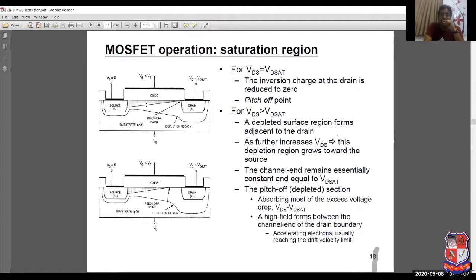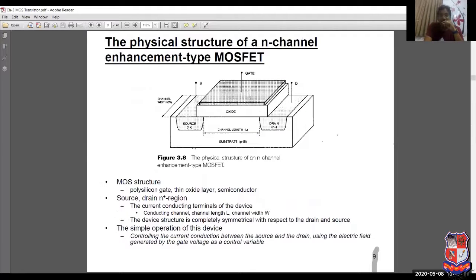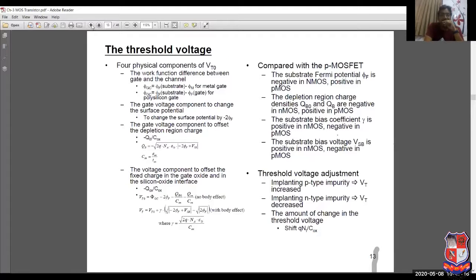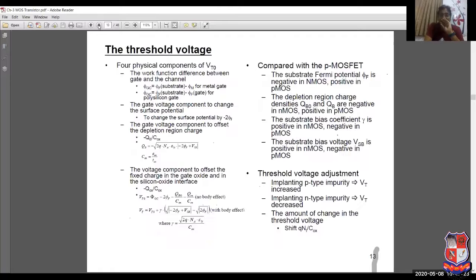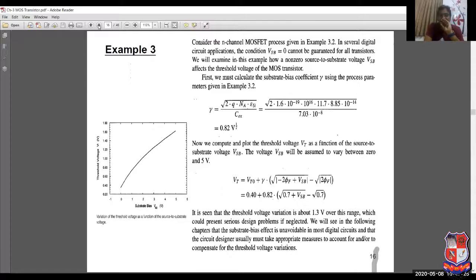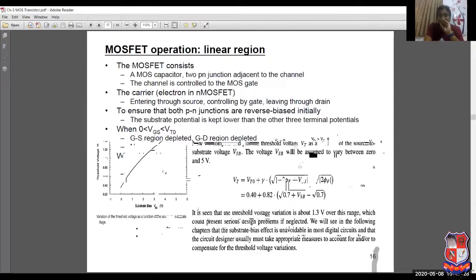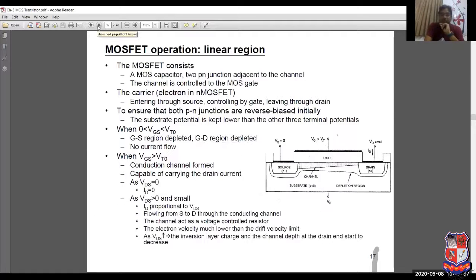It is slightly tapered at the drain side, because you can see that initially your channel was completely established, and whenever you start increasing the VDS, this is what is there. The channel is uniform whenever no drain to source voltage is applied. Now, if you keep on increasing the VDS, then the very first thing is that your channel will be established, but it will be tapered, and this tapering is there at the drain side. Okay, so now if you further increase the VDS, more and more amount of current will flow, but at the same time the channel will become more and more tapered.